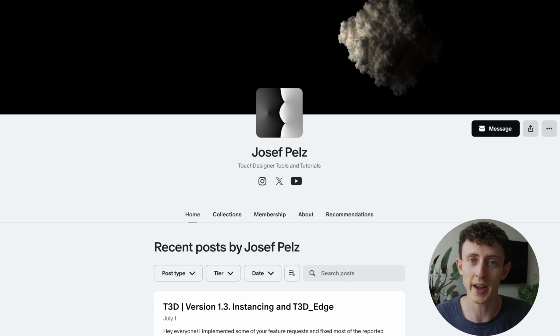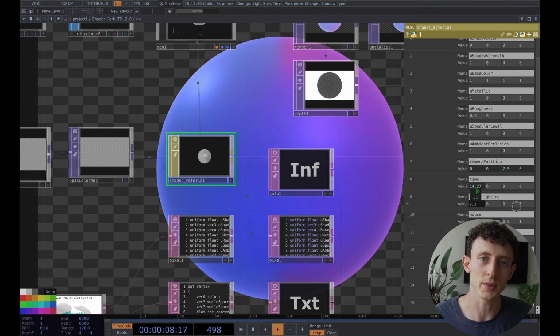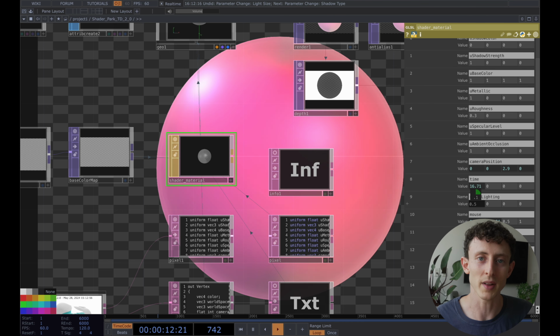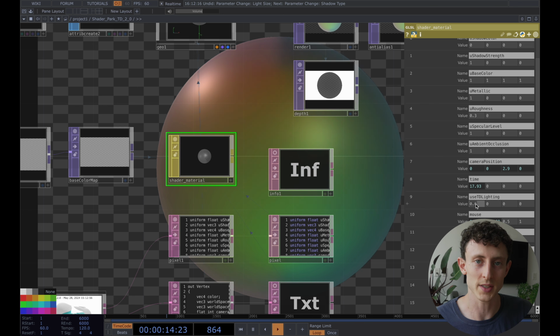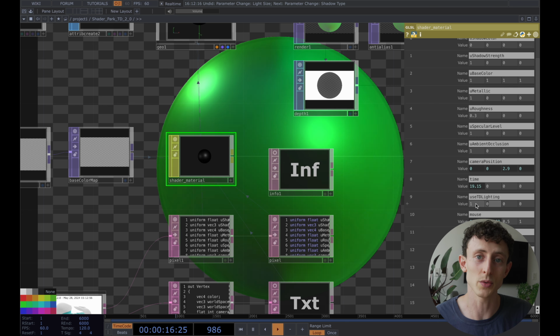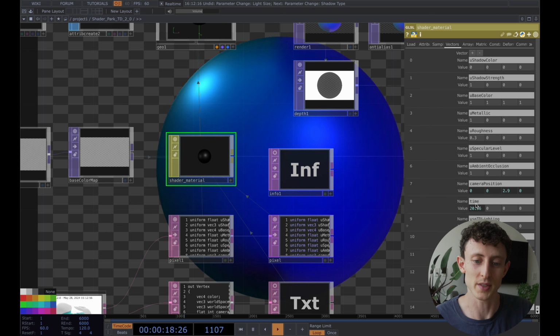For the next two features, I actually want to give a huge shout out to Josef Pelz. He helped port these features into the new plugin. So previously, you could use either Shader Park's built-in lighting or you could use TouchDesigner's lighting. And in this new plugin, if you enable TouchDesigner's lighting, you can actually use shadows from the light sources within